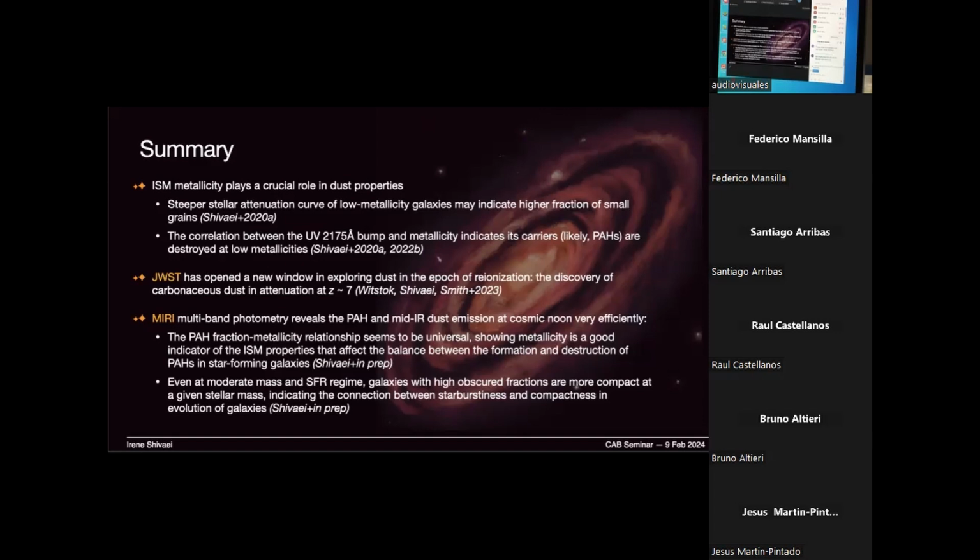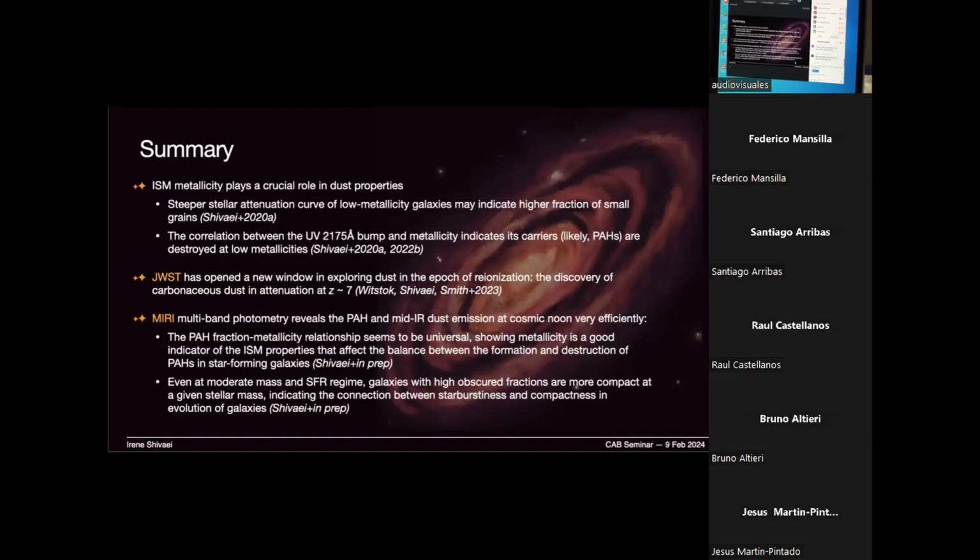Although there is a slight side note to that. The way we measure metallicity is oxygen abundance, which is not necessarily the parameter that would drive changes in the ISM that affect PAHs. For example, iron abundance is a better approximation if you're looking at the intensity and hardness of the ionizing radiation. And we know that, for example, at redshift 2 compared to redshift 0, galaxies have a super-solar oxygen to iron abundance. So if we keep the oxygen abundance as our metric, there might be a change in that sense.